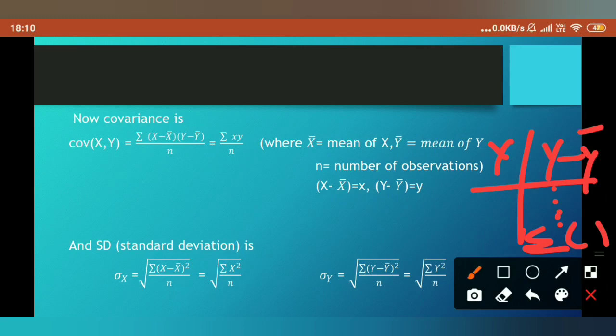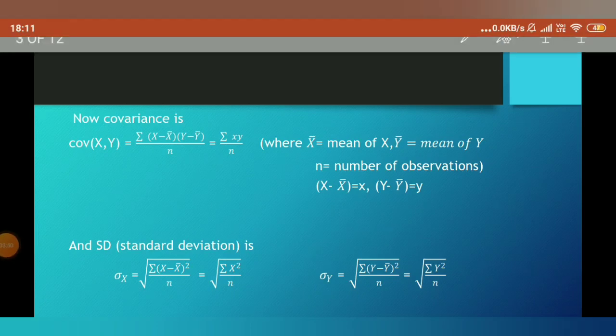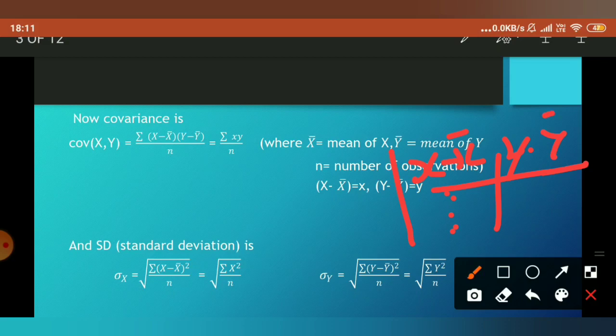And for the covariance we need the product of these two terms. Again I am writing it. We will solve it fully in numerical questions. Here you just have to get the idea. x minus x bar, you have one data set, another will be y minus y bar. Then you have to multiply these two and get the summation of all the product terms. So that will give us sigma of x minus x bar into y minus y bar.